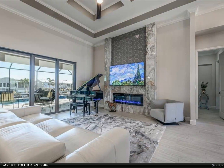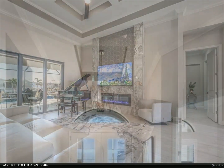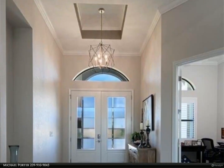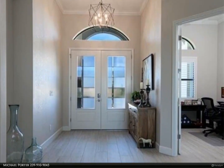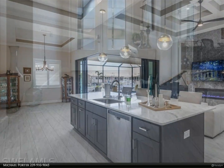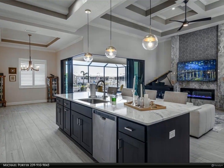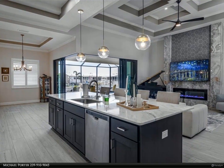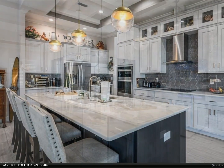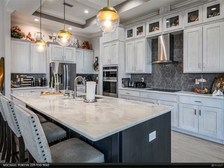with 2 generous-sized guest bedrooms, formal dining area, massive great room, huge master suite, expansive master bathroom, bonus den/office, double door front entry, porcelain tile throughout, electric fireplace built in, 42 inches all-wood upper cabinets with accent glass inserts, tiled backsplash, granite countertops, stainless steel appliance package, tin ceilings with multiple